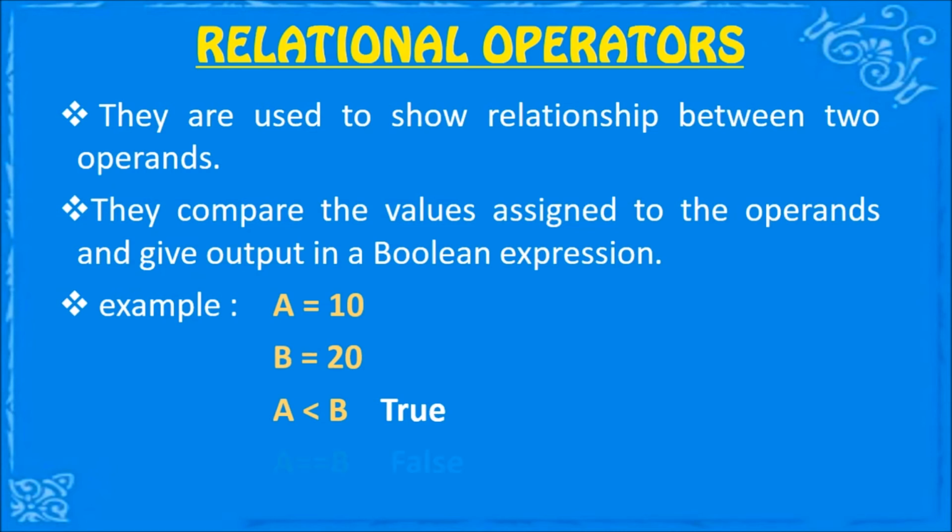Okay. Next, if I say a equal to b, now this is the equal operator. It gives true if the value of the left operand is equal to the value of the right operand. So here, do you think that a is equal to b? No. So the value is false. The output is false, my children.